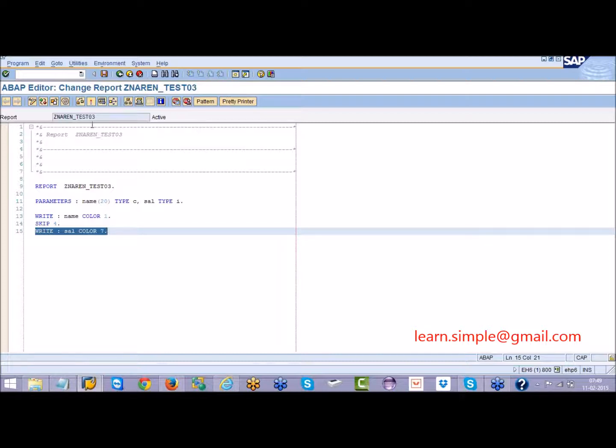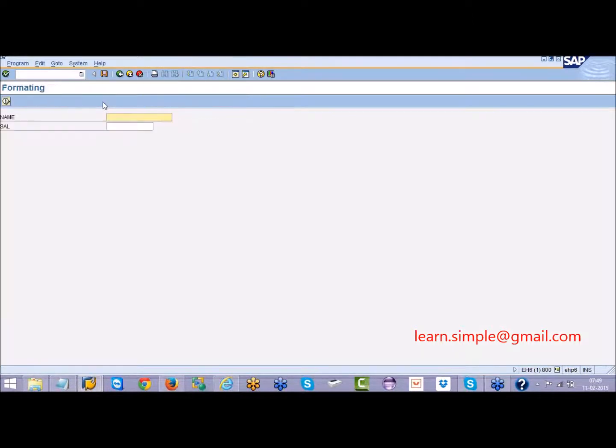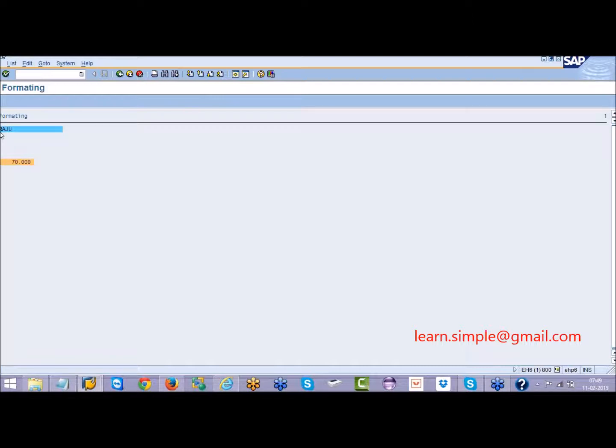Okay, the next one is, I already told you, when you are entering a name, characters are always left justified, left aligned, and numbers are always right justified. By default in SAP it is always like this. Even in the output you can see characters are always left justified and numbers are always right justified.